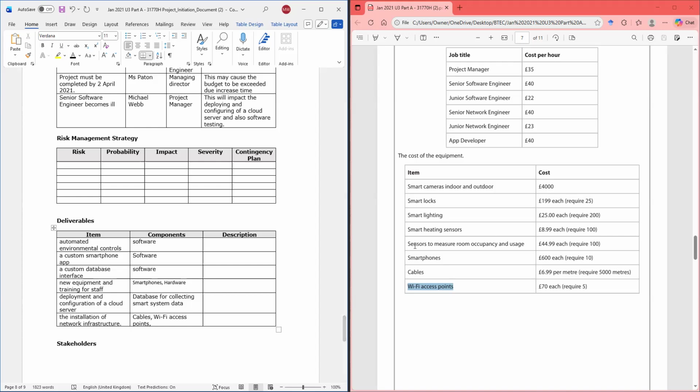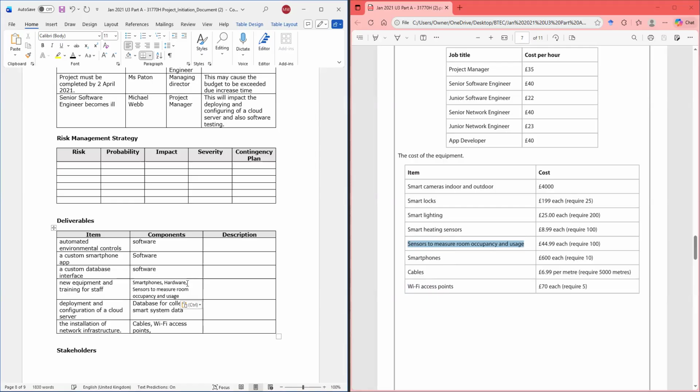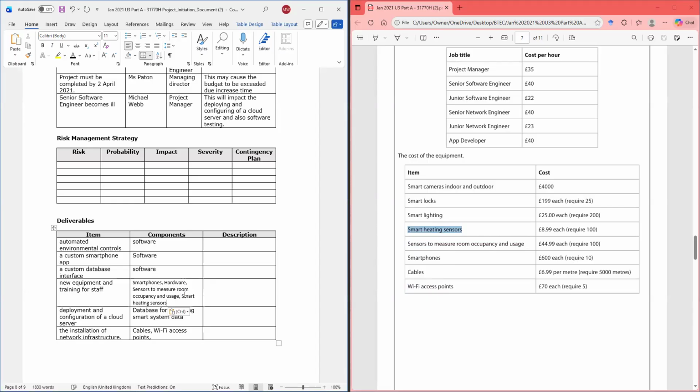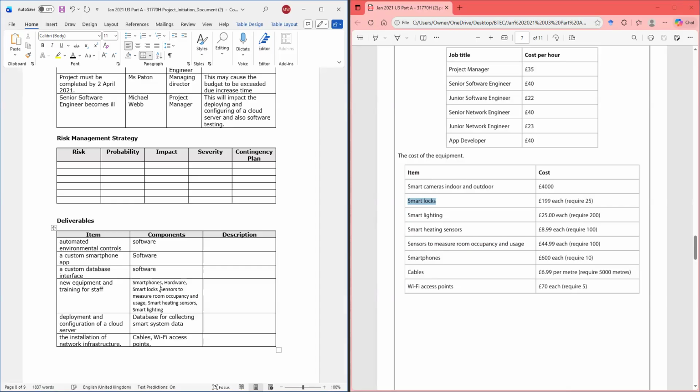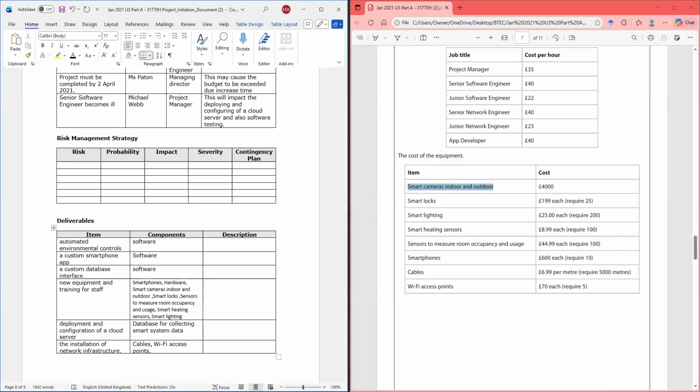Okay, so for the new equipment and training for staff, smartphone. So all of these would go here because these are new equipment. All right, so we just stuck all of those there.